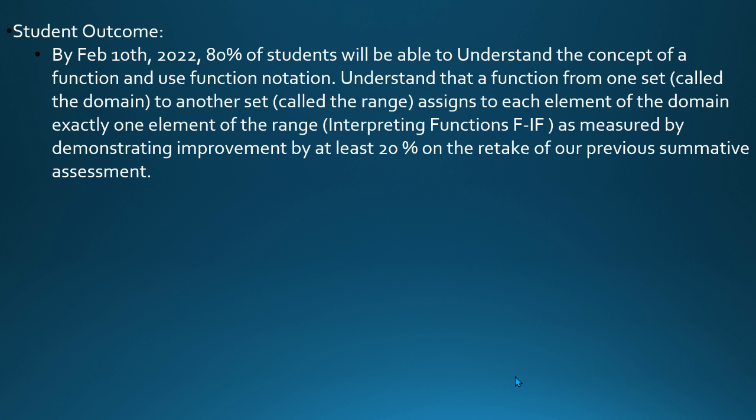I also wanted them to understand that a function from one set called the domain to another set called the range assigns to each element of the domain exactly one element of the range, as measured by demonstrating improvement by at least 20% on a retake of our previous summative assessment. So I'm looking for at least 20% overall improvement